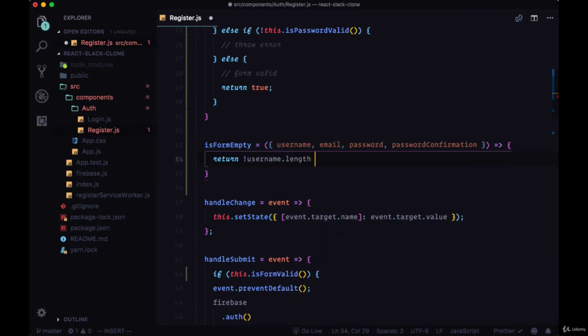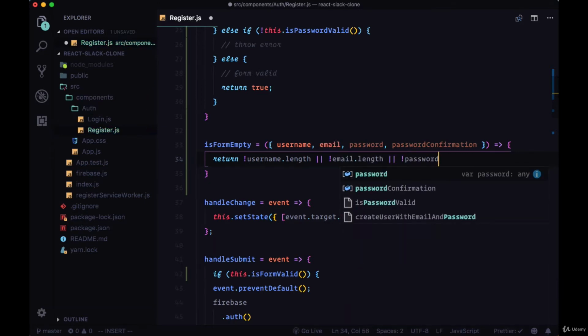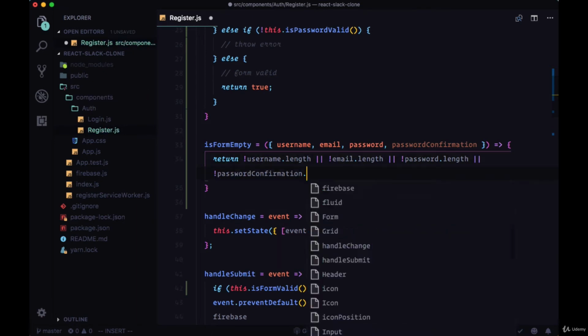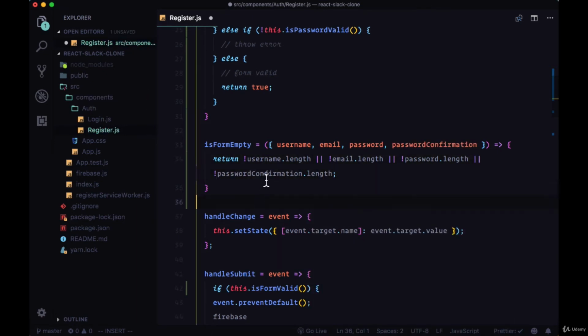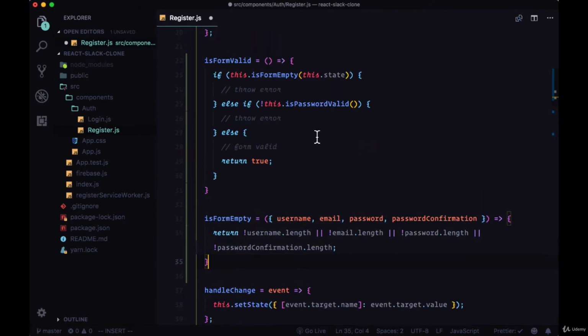And we'll do that with a conditional where it'll take the length of the value that was typed in and turn it into its opposite Boolean value. So if we have a length of 0 for any one of these inputs, we'll return from this function true, indicating that our form is not entirely filled out. And to throw an error when we return true from our isFormEmpty function,